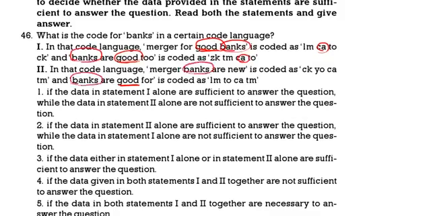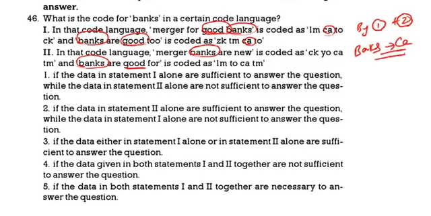So by statements 1 and 2, banks is common in first and second. In first, good is common, banks is common. But if you combine 1 and 2, we are having banks here, here, here and here. If you see all the common things, we are having CA in all of them. So the bank's code will be CA. We are getting the answer by combining 1 plus 2, means choice is 5. Both 1 and 2 are needed to answer the question.